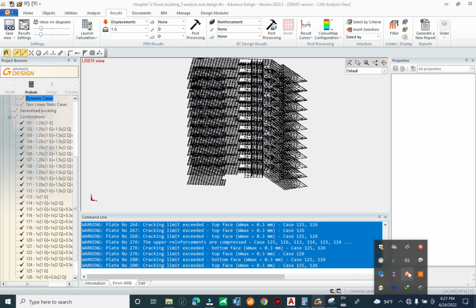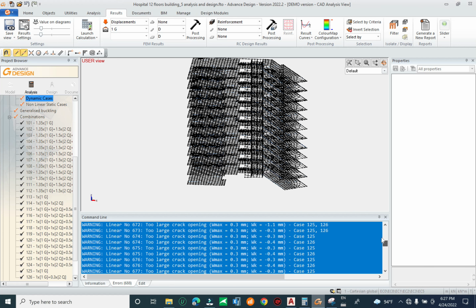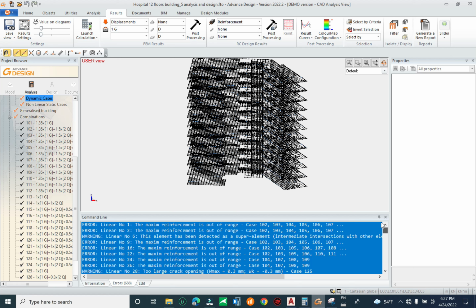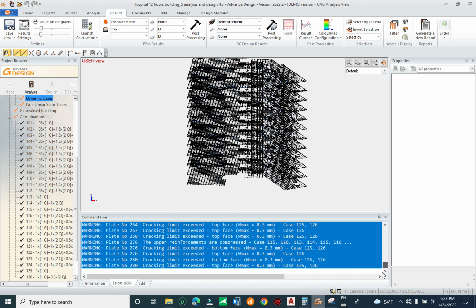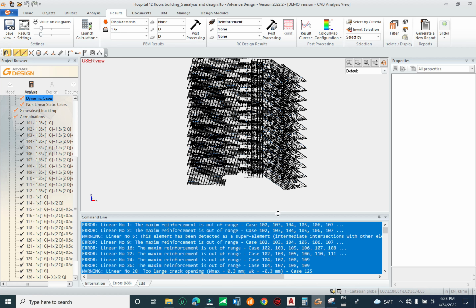Now to complete the analysis, you see there are a lot of errors because of cracking. This analysis of cracking does not include rebar, so you have to check it later. It's all about the cracking. Okay, just a warning. So now